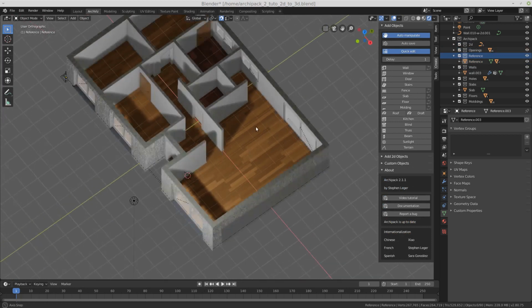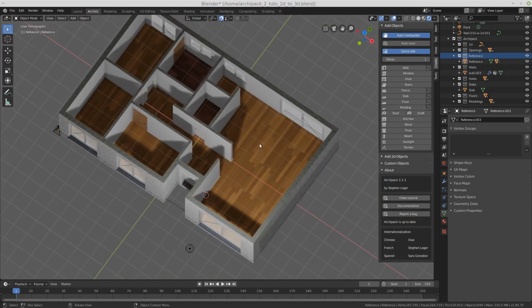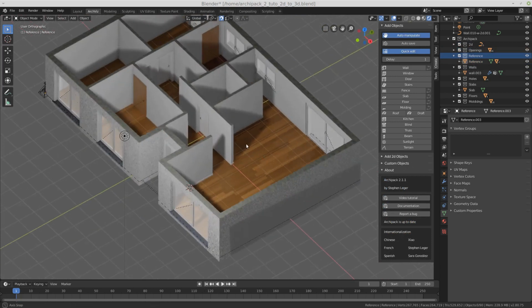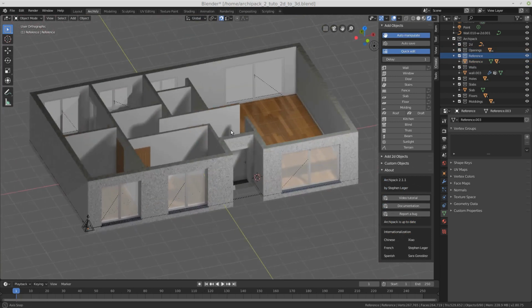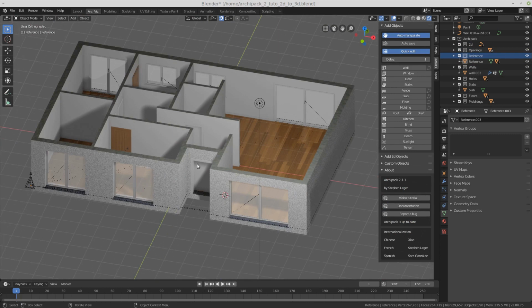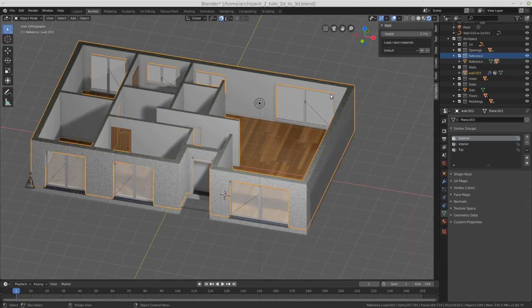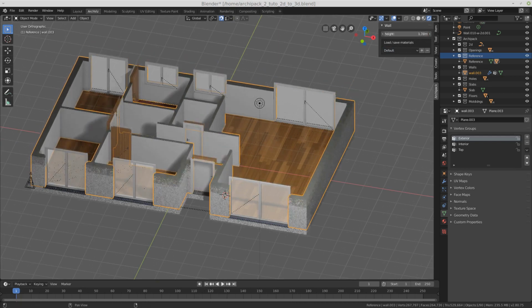Such a workflow is maybe faster than a regular one, but you cannot modify walls once done. The only parameter you have is height.